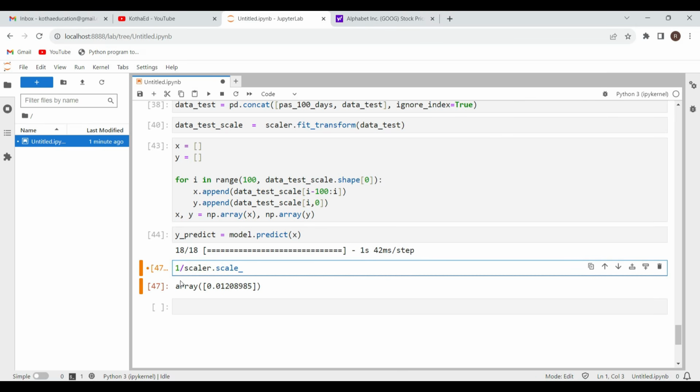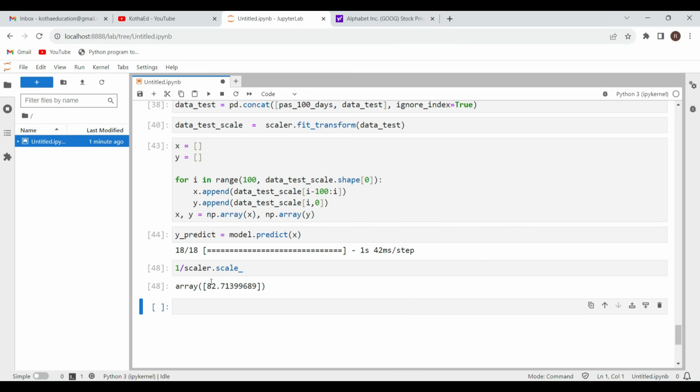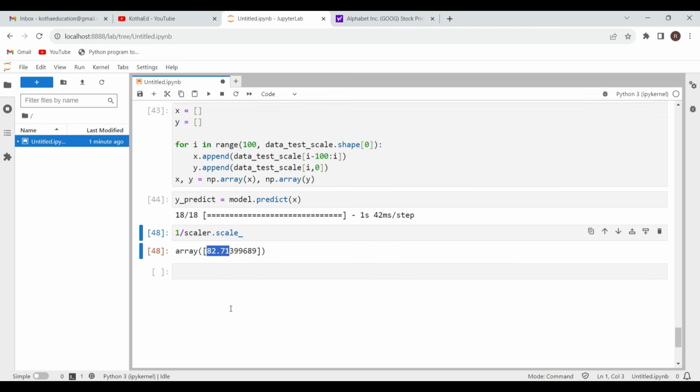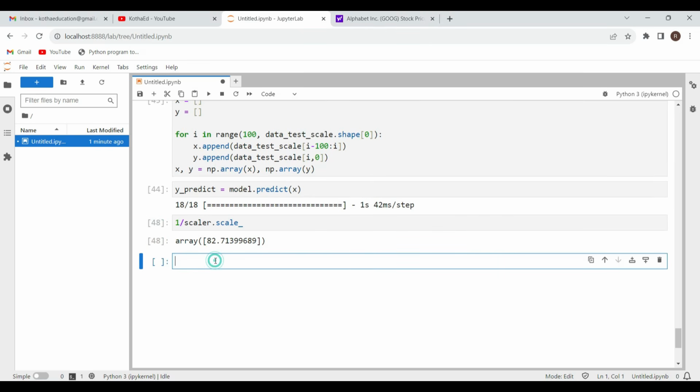So let's do 1 divided by scaler.scale_. 82.7 is the value by which the input data set had been divided, so that it has been converted between 0 and 1. So we'll be using the same value for multiplication, so that we'll get the exact values here. Okay, y_predict is equal to y_predict into